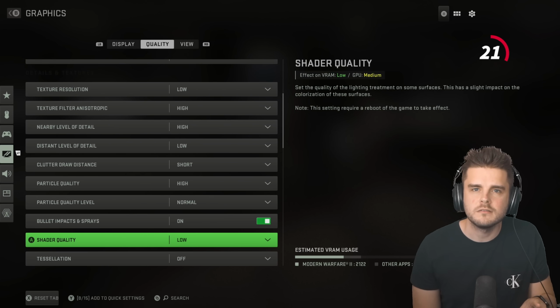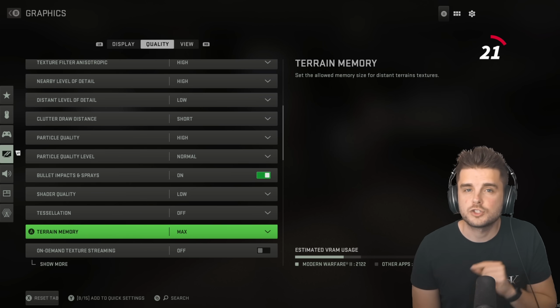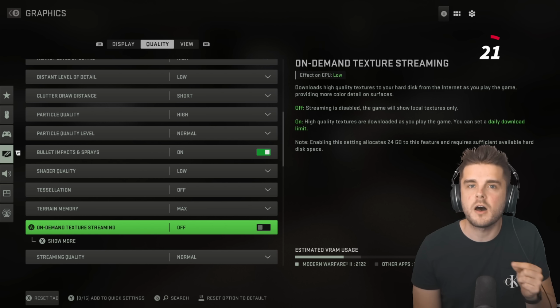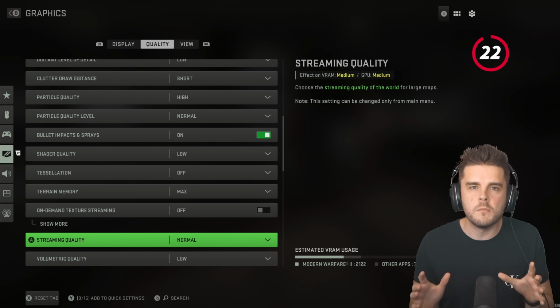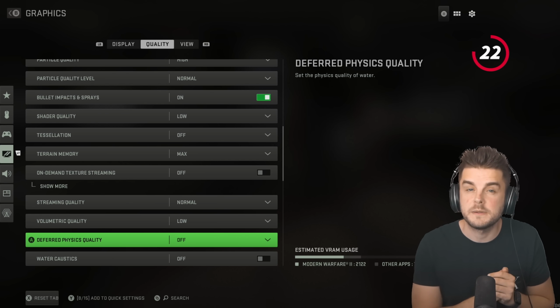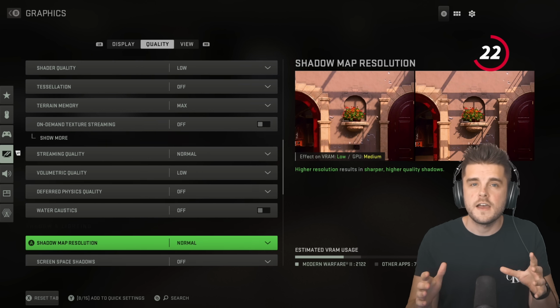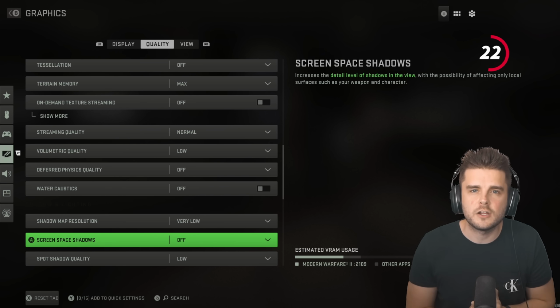sprays should be on, shader quality as low, tessellation should be off, terrain memory as max, on-demand texture streaming should be set to off. Then streaming quality should be normal, volumetric quality down to low, deferred physics quality should be off, water caustics off. Then you want to turn shadow map resolution to very low, screen space shadows turned off,